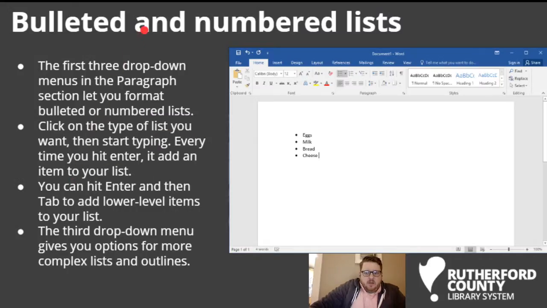Let's get rid of Word. There we go. Now, in my opinion, one of the most useful things you can do with any of these programs, and maybe it's just because I'm old enough to remember when programs didn't do this kind of thing, and now they do it so easily that it makes it really nice, is make bullet point and numbered lists. So, for example, actually, let's go to